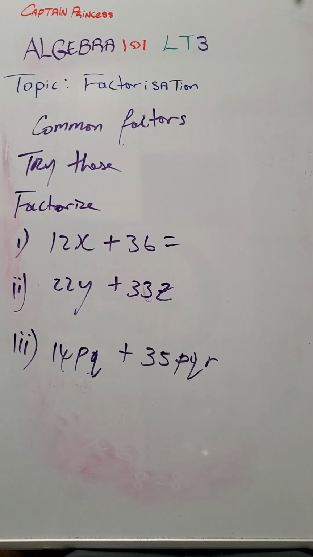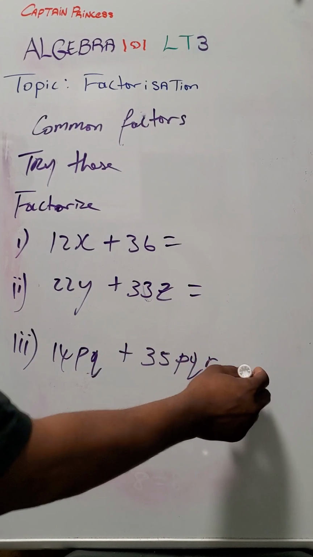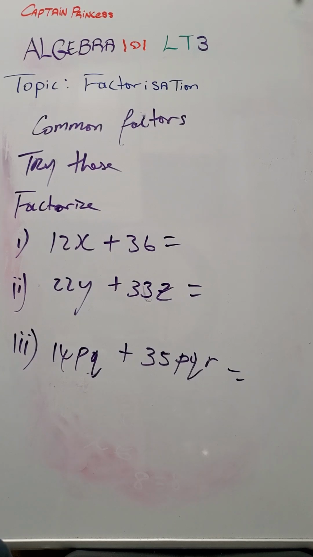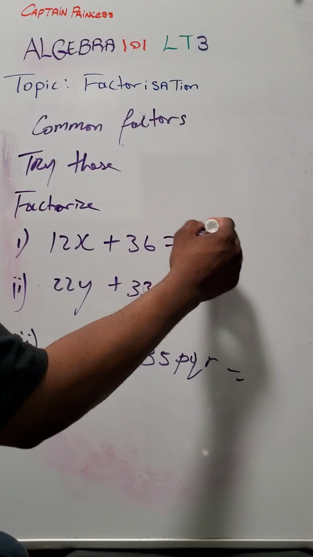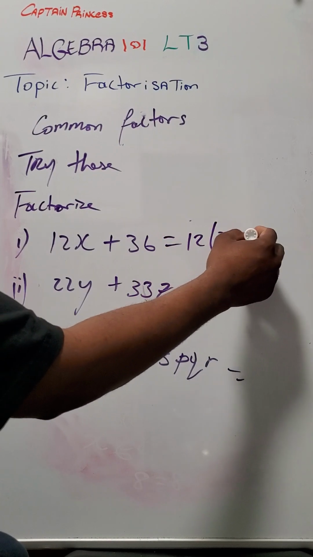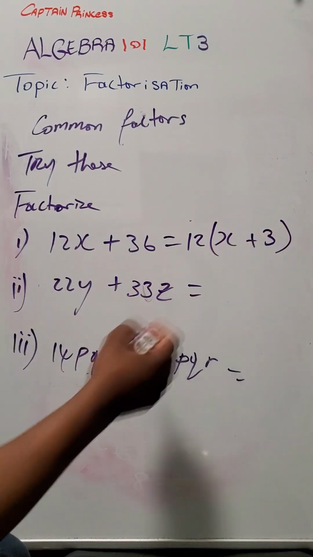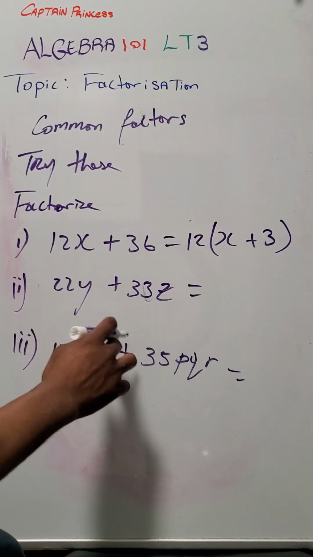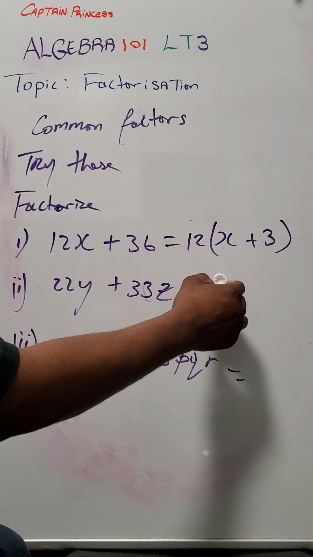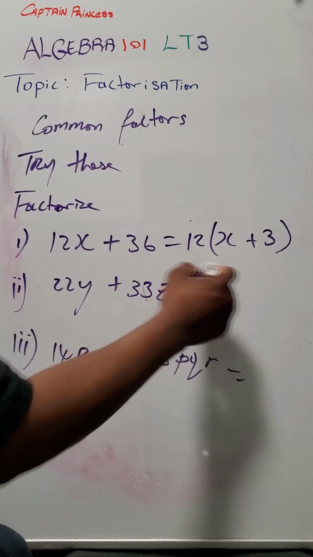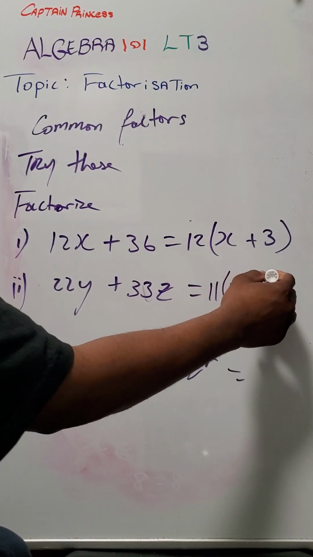So that is it for today, guys. Remember, what is common to both terms? Put it on the outside. You know that 12 can go into this, right? I'm just giving it away. So 12 times x plus 3, 12 times 3 is 36. And for this, what can we use? 11